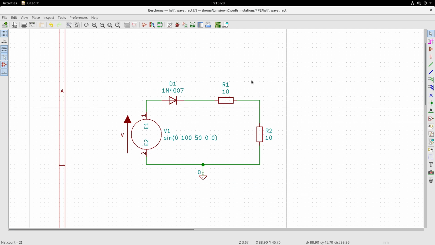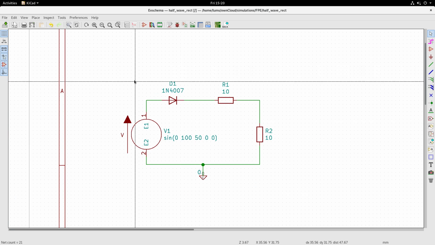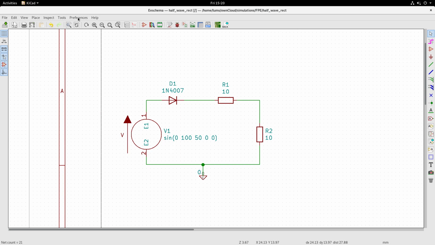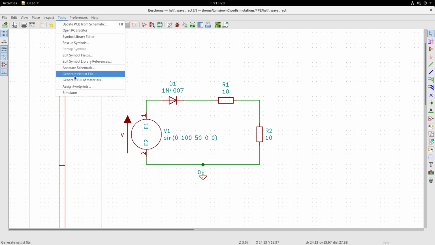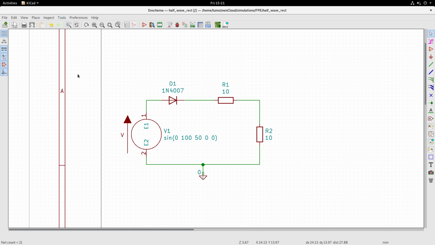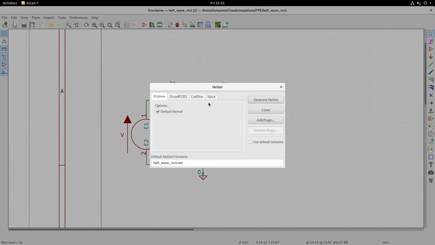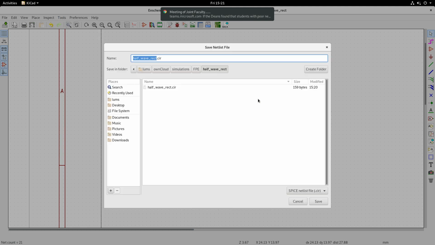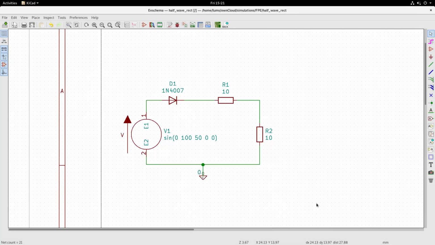Now this circuit, let us say we would like to see the schematic. So go to tools, generate netlist file, click on that and go to Spice netlist, generate netlist, and you save it.